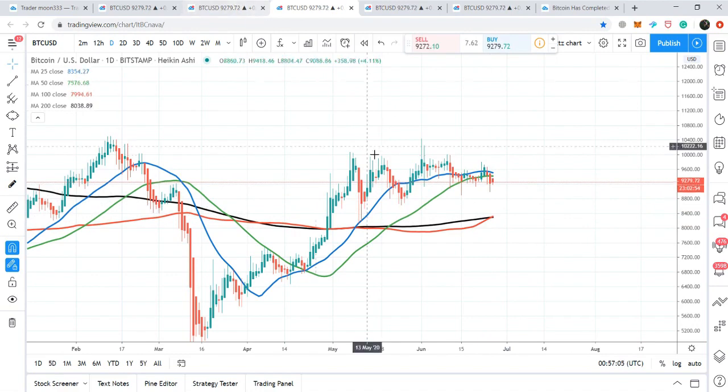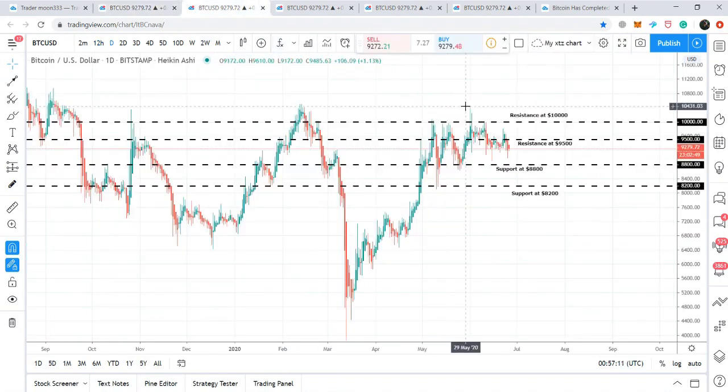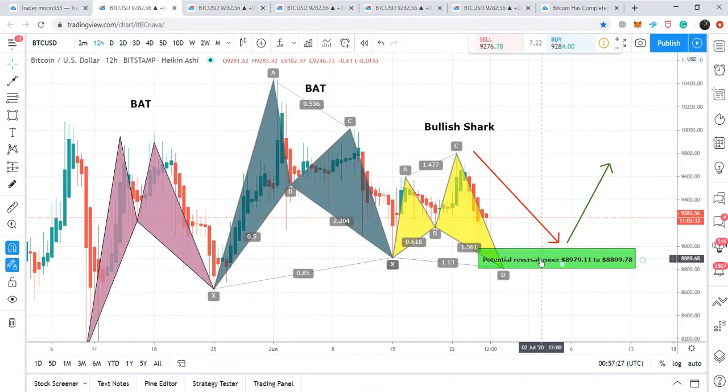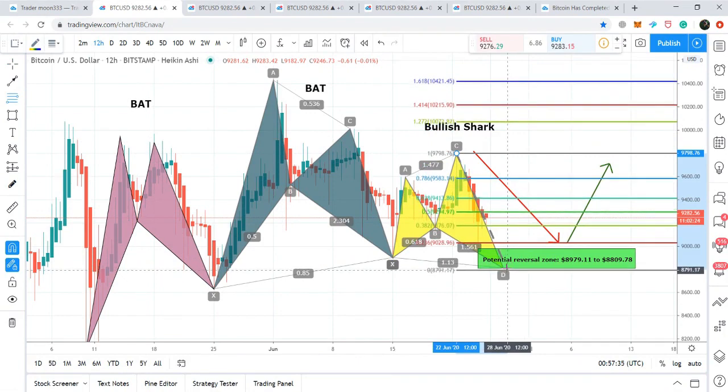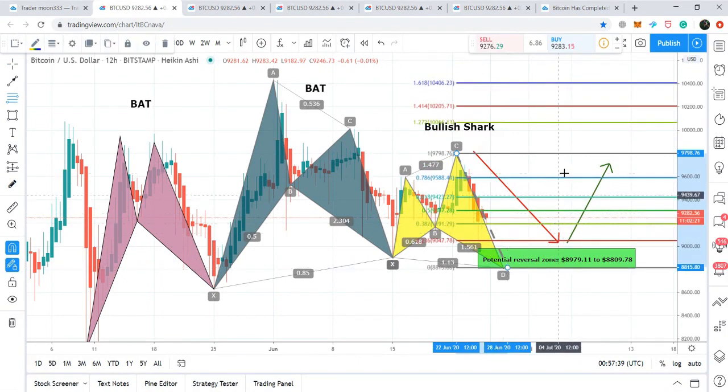Therefore, if the price action moves down here, then it will have a strong support, and there will be more chances that the price action will move up to the previous support and retest that support as a resistance, which would be at that time $8,800. However, at this time, our last support or our stop loss point should be $8,800, and this is also the potential reversal zone of this bullish shark, and we can expect at least an upward move, which can be the Fibonacci projection of the C to D leg from 0.382 to 0.786 Fibonacci retracement or projection level,